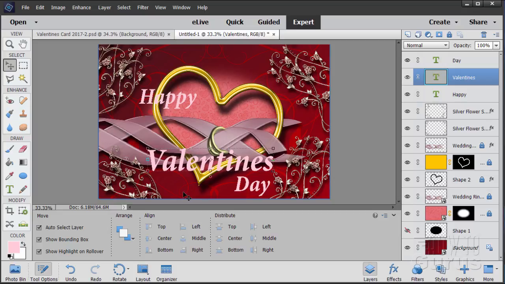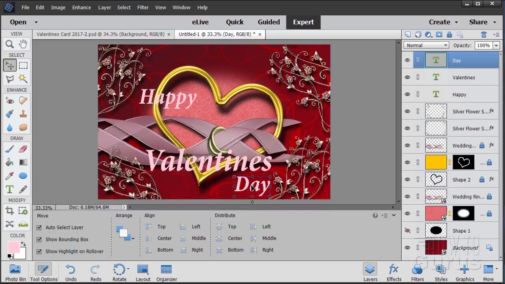Notice I'm not trying to put it in an exact position. I'm just visually moving around, so I'm not really lining up any points. That's the idea. Okay, come down to the day and leave that. Okay, all right. Now that that's all set,